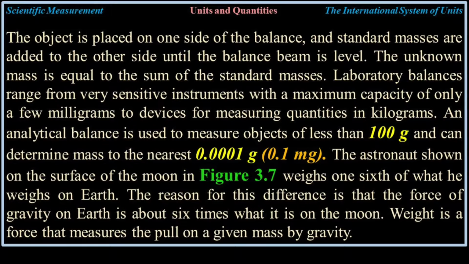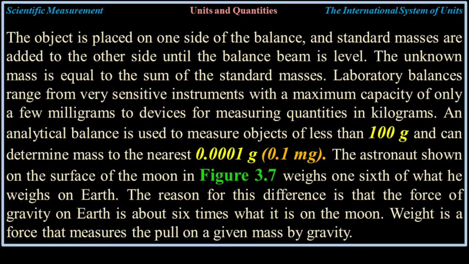The object is placed on one side of the balance, and a standard mass is added to the other side until the balance beam is level. The unknown mass is equal to the sum of the standard masses. Laboratory balances range from very sensitive, ultra-sensitive instruments with a maximum capacity of only a few milligrams to devices for measuring quantities in kilograms. An analytic balance is used to measure objects of less than 100 grams and can determine mass to the nearest